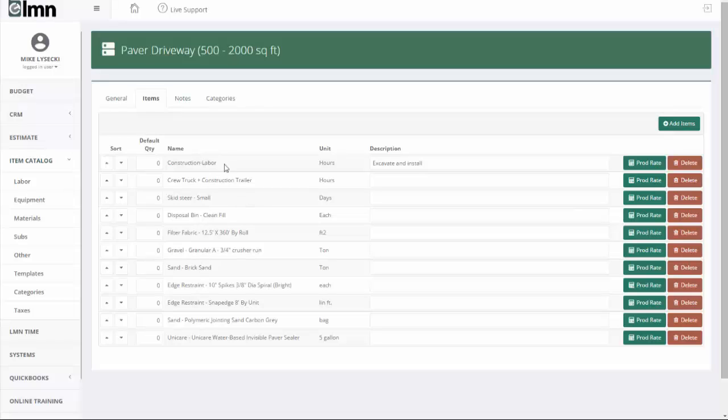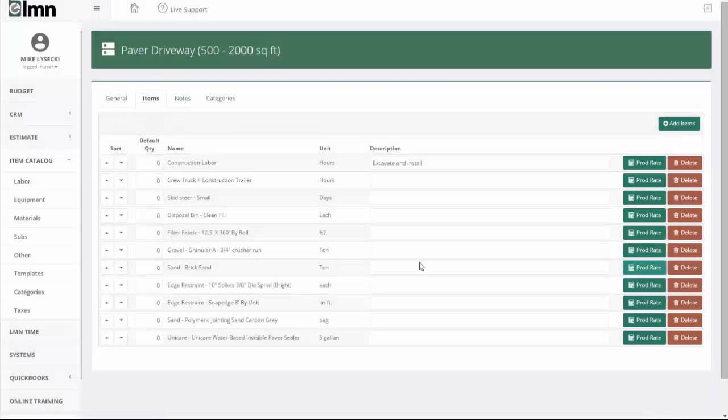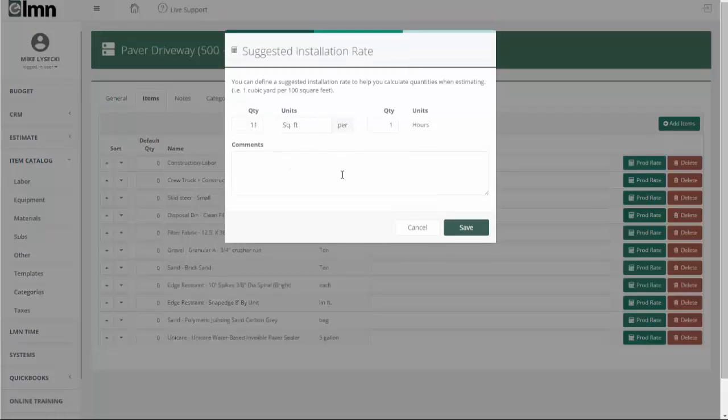In fact, you can take it beyond a checklist. You can even establish production rates so that each estimator knows that every 100 square feet of driveway requires 3.7 ton of gravel. Or on the brick sand, 450 square feet of pavers requires 1 ton of brick sand. And that way, when they're building their estimates, all they have to do is enter the size of the driveway, and it'll help calculate things like gravel or sand or even labor